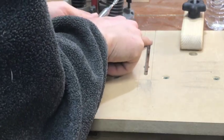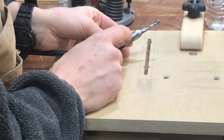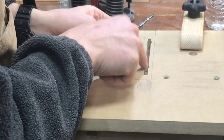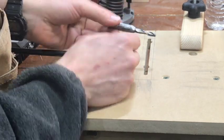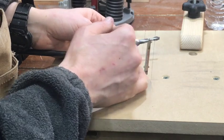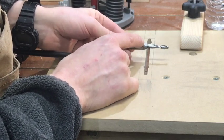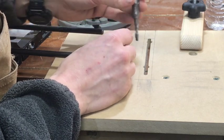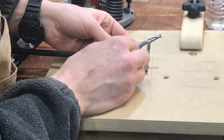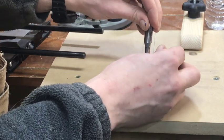The reason we're going to route out a little extra here is because on a lot of bits, your cutting height may not be long enough, or if the bit is very short, your collet may need to go up into this a little bit for you to get the full height. In this case, I know that this is long enough for 3/4 inch wood or a little bigger going through this. So I only have to worry about this part here. Now this is about 1/2 inch wide, but I'm just going to use a 3/4 bit and go through this down to about 3/8 of an inch, 1/2 inch or so into this to provide room for that to go